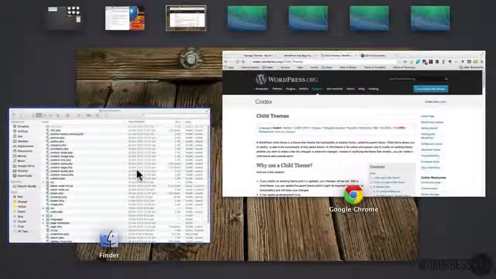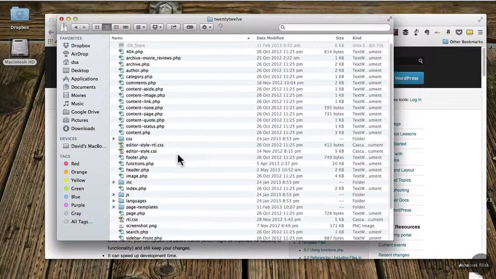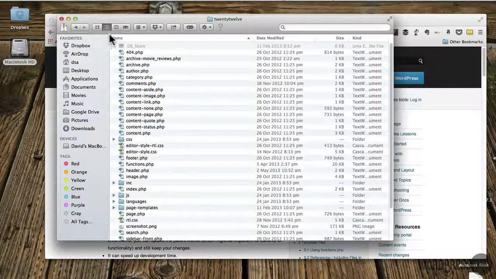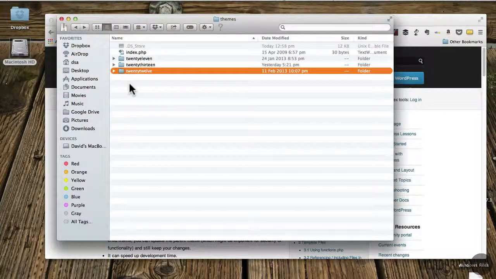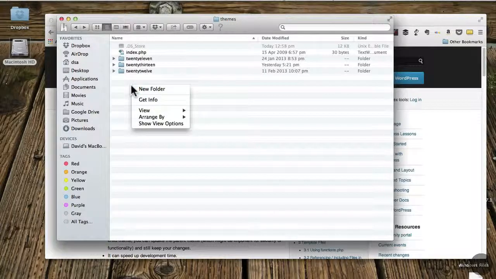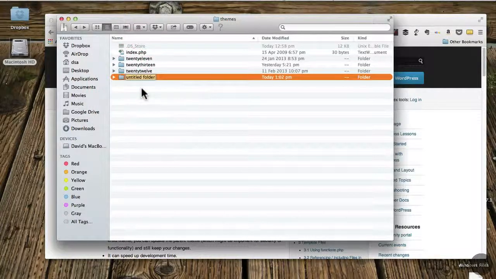Okay, so I'm going to go into the installation here, my local installation, and I'll just go back again just to show you. So I'm currently using the 2012 theme that's activated in my WordPress. So this is the theme folder I'm going to use, and I'm going to create a child theme. So all I simply need to do is create a new folder, and I'm just going to call it the